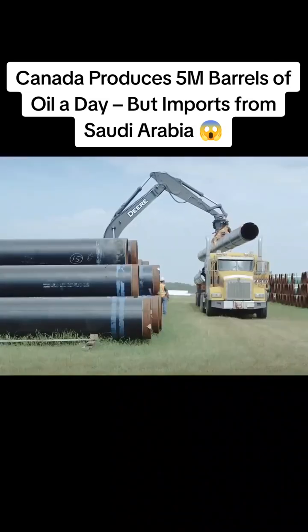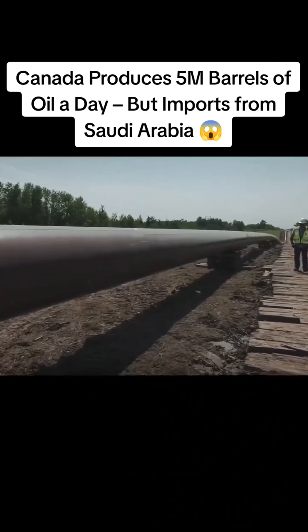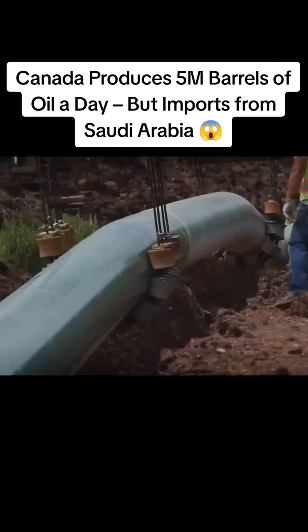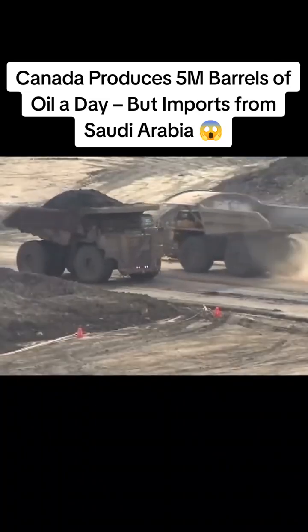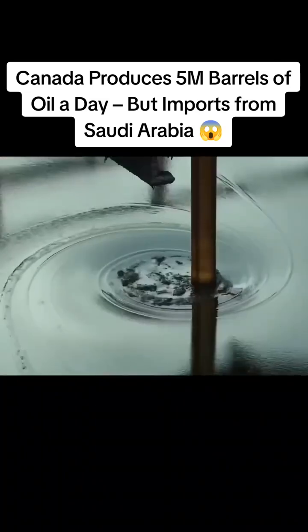Here's where the next problem comes. Canada can't really use its own black gold the way it would like to. Let me explain. In Alberta, oil is extracted from oil sands, which leads to a product often referred to as quite a complex substance. But how can oil be